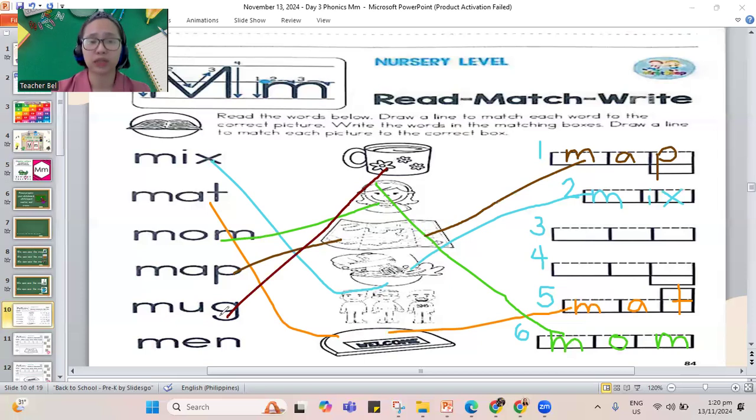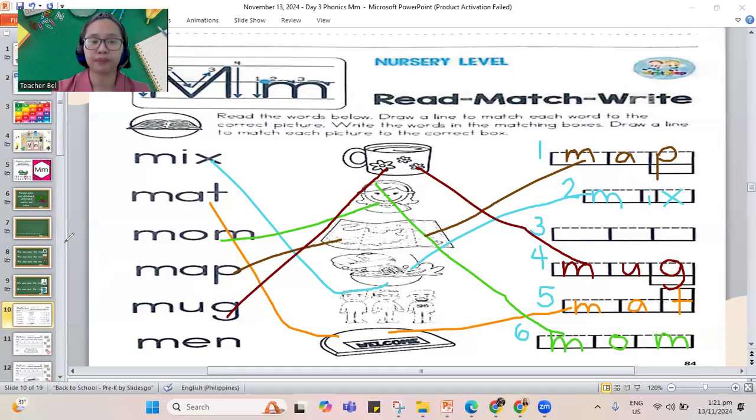It goes down. It has a tail. So where can it fit, in number 3 or in number 4? Mug goes in number 4. So let's write for mug M, U. And the letter G, mug. Go around, up, and down with a hook, mug. Let's make a line for our mug.